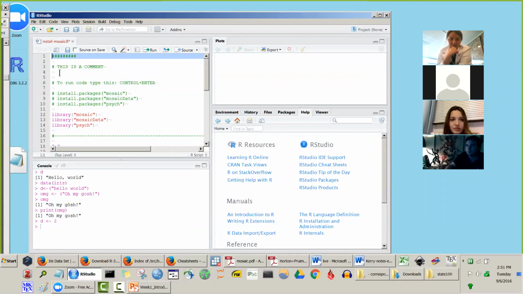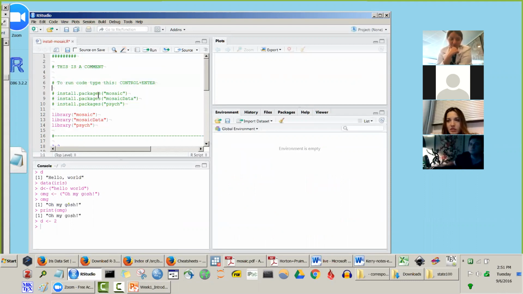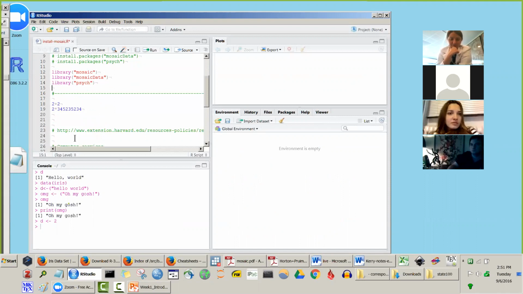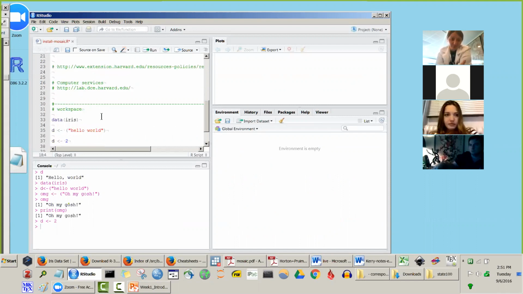So you should have simply this little bit of script at the top, and then after that, you need not write any code at all. You can just do everything through drop-down menus, more or less,